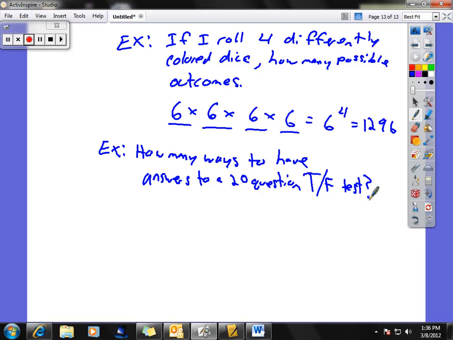Well, each question has how many ways? 2. And how many questions are there? 20. So if we set this up, I'm not going to put them all, but we'd have 20 spaces, and they would each have a 2 in them, because there was a possibility of 2 for each of those. So we could write that as 2 to the 20th power,